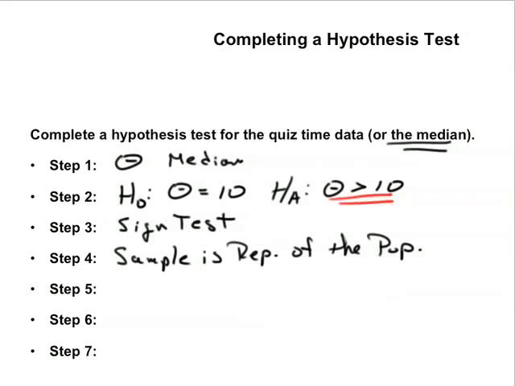Now, if we're looking at a t-test, we'd have to consider the normality of the data and so forth. So the assumptions are definitely more detailed, more work to do whenever you're dealing with a parametric test as compared to a non-parametric test. So now we want to actually calculate the p-value, which means we want to do the sign test. So I'm going to bring up my calculator,